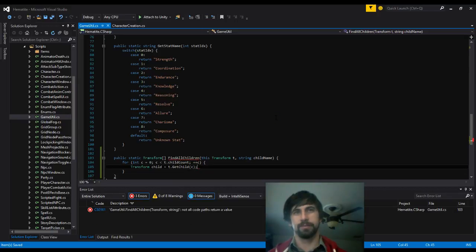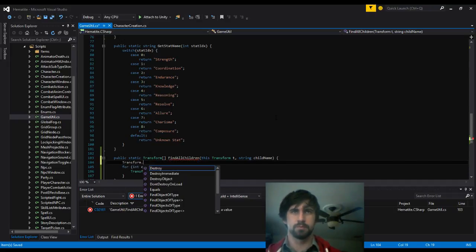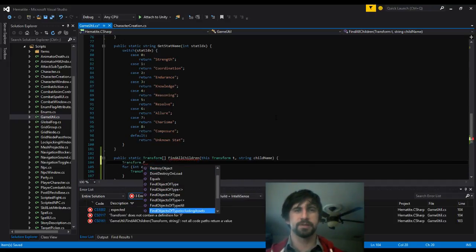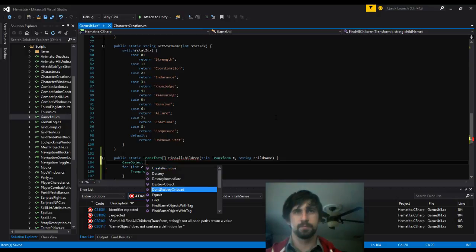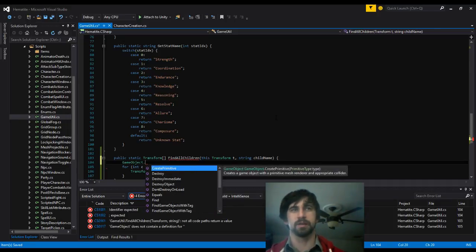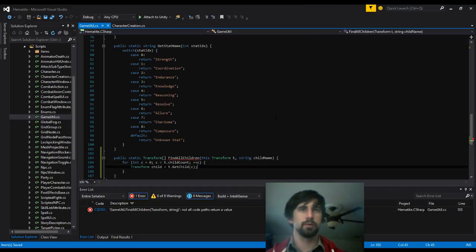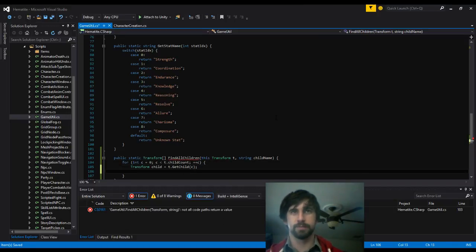Here's where things are going to get a little odd, because I don't exactly have a great way of doing this, because Unity has a lot of code behind their find stuff. And actually, I just realized find objects of type. They might already have done this for me. I'm not seeing it. Yeah, okay. Just making sure I am not missing anything blatantly obvious here. Cool. So we're going to grab the child, and we're going to say,